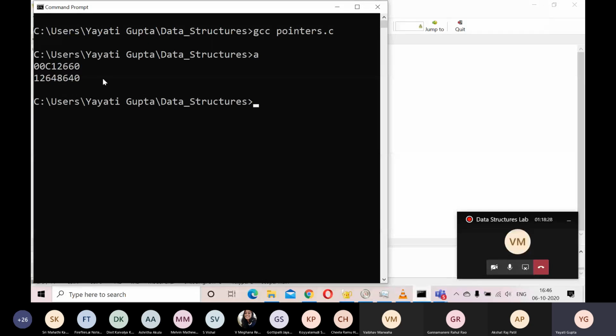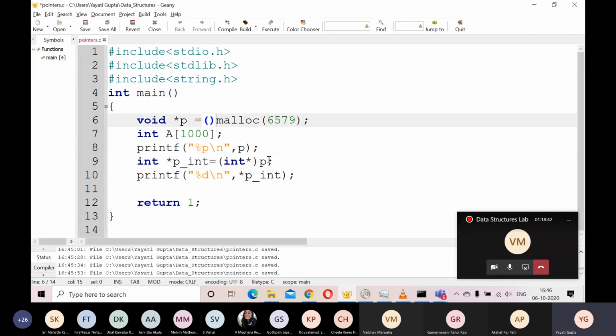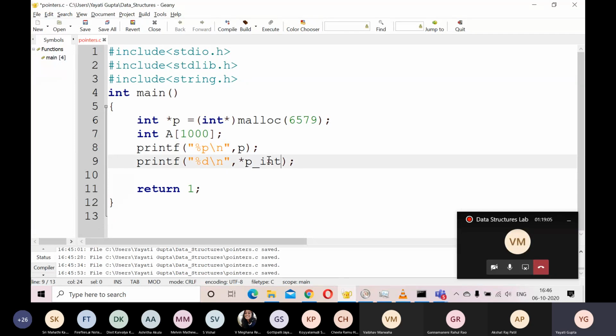So this is the value of my pointer and this is some garbage integer value which is stored at that location. I can do this entire thing here also. I can typecast it directly here. If I want this star p to be an integer type of pointer, this malloc allocates these many bytes in your memory, and then you typecast this pointer to an int star type of pointer, and I can actually remove all this and make it a star p here.